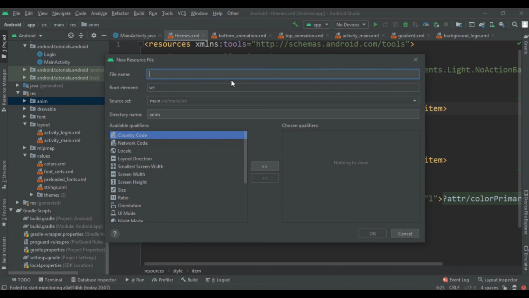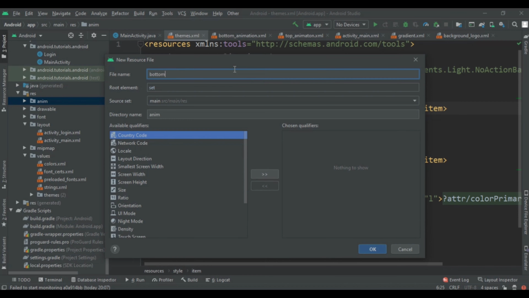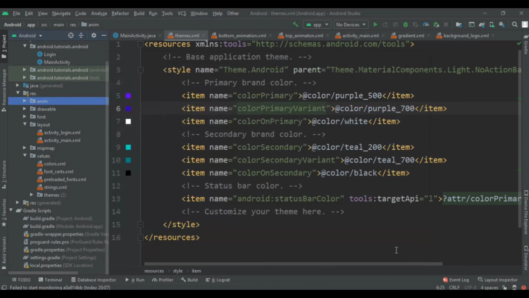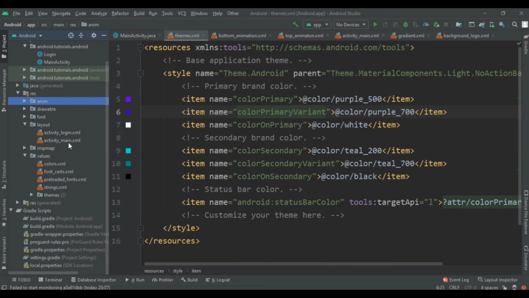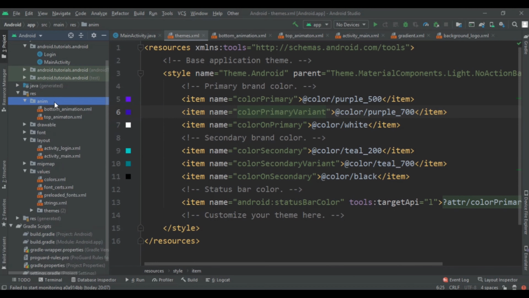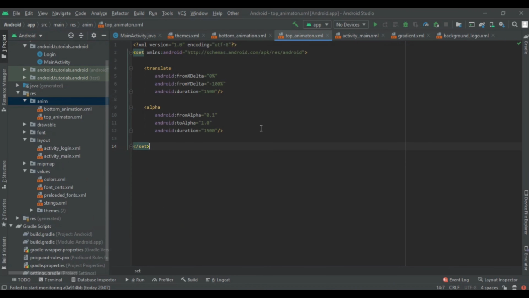So here you have to write your animation name. So here I am writing top animation, and same with bottom animation. Before writing this you have to click on OK so that you will generate both files. So now I am going to show you the code for our top animation and bottom animation.